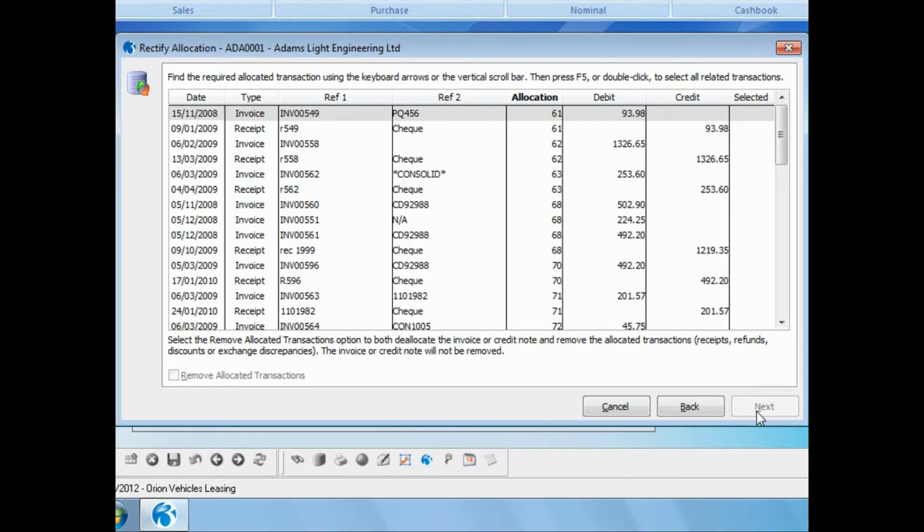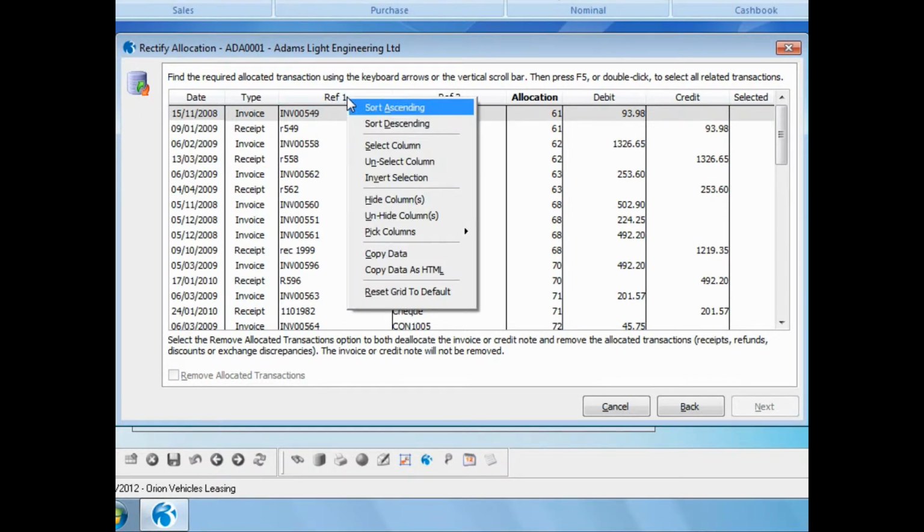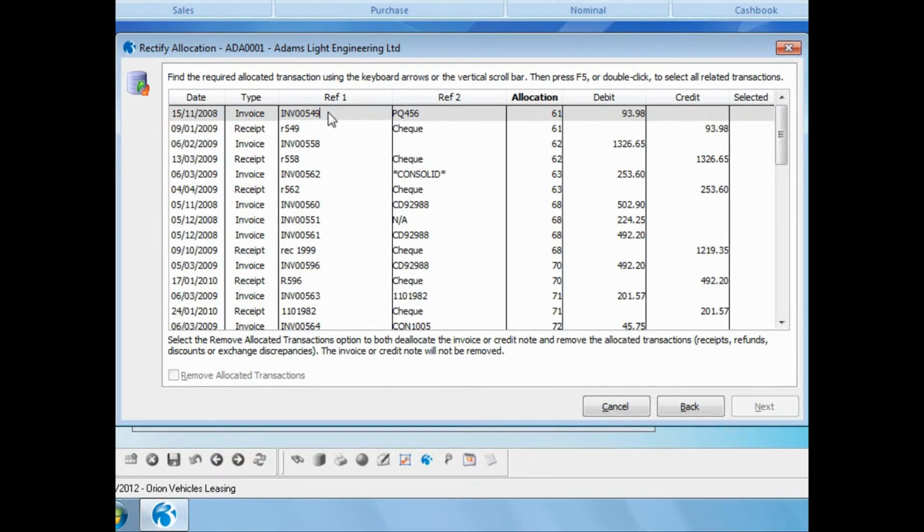And this displays to me all of the allocated transactions for this customer that are available for deallocation. Of course, in the real world, you may have hundreds of allocated transactions listed here, so we need to be able to find the transactions misallocated easily. So we can either use the active grid functionality, perhaps to sort on either one of the columns, or I can use the search facility,